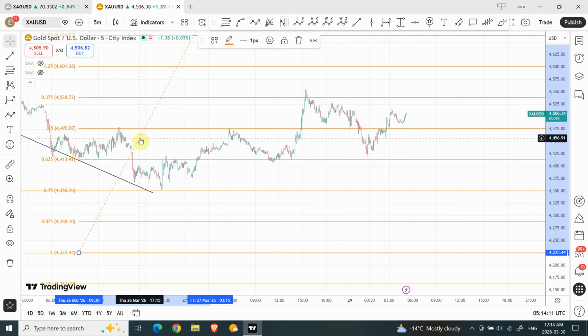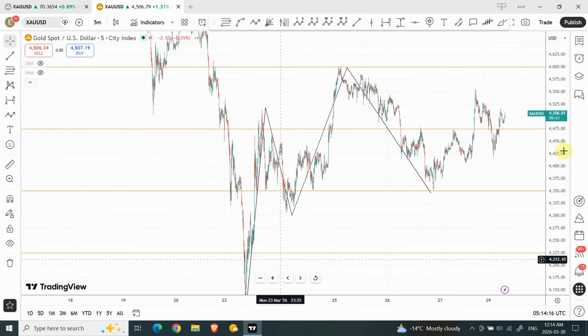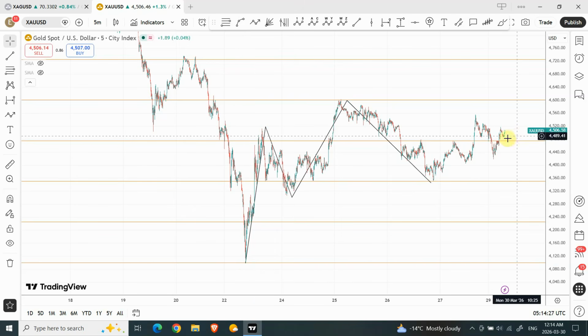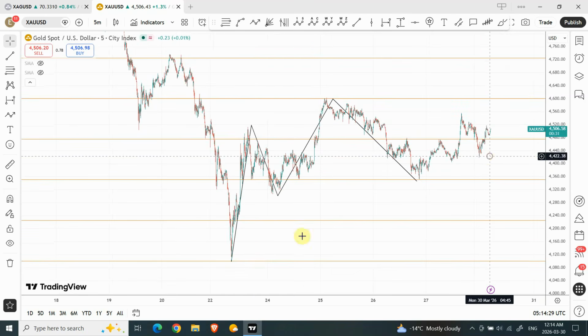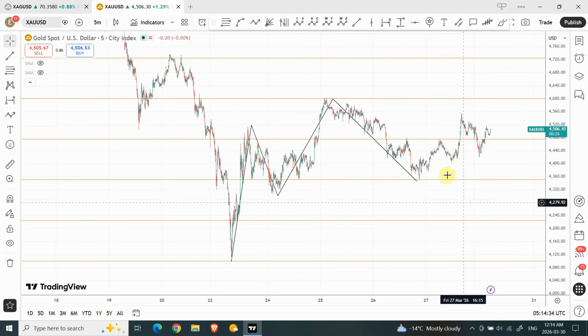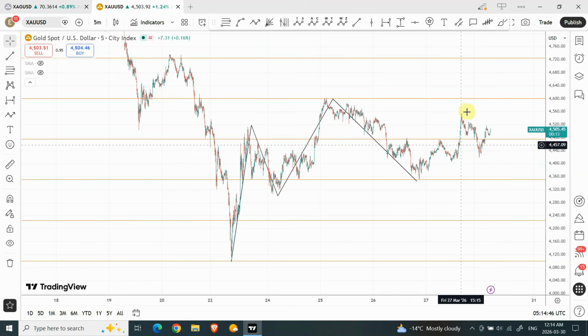Ideally, if I was to go long, I would use two different points. So I would ideally use this point still to go long. That will protect us, but this is right now $400 away from the bottom. Right now, gold is trading at $4,506 per ounce. So this is a little far for a regular retail trader. The second point is right over here, which is 4,350, which is only $155 away, and it is a good point. Even if you want to be a little riskier than that, you can use this point, considering this structure is complete.